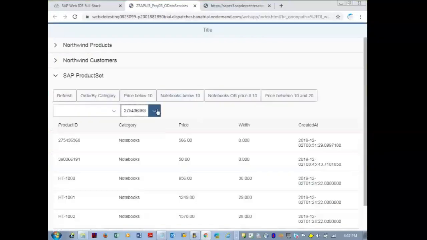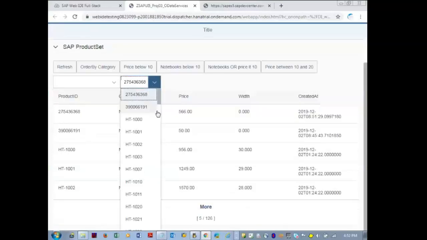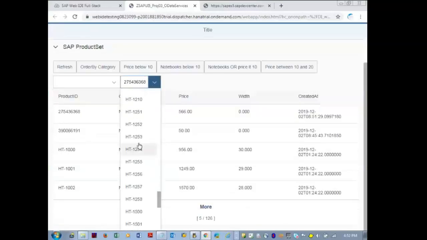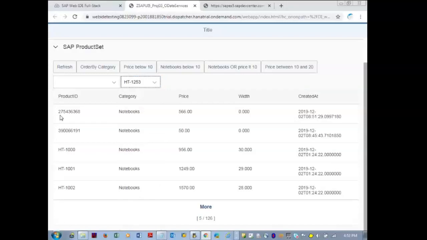You see, all the product IDs are populated here. Any doubts? My requirement is that for any ID you select, for example HT1253, only that row of table data must populate. Tomorrow we'll see that.